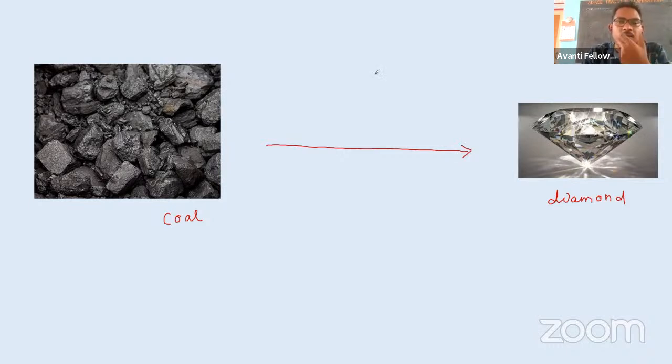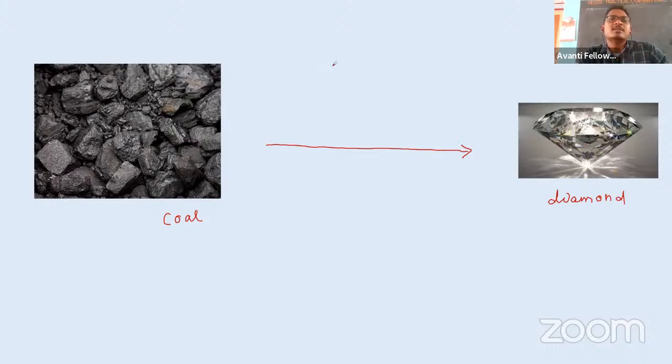Anyone can wonder, can we convert the graphite within a pencil into diamond, so that we can say we have a diamond pencil? With a diamond pencil we can cut any hard glass. Can we do this? Can we change the graphite within our pencil into diamond? Yes or no? Can anyone tell me?